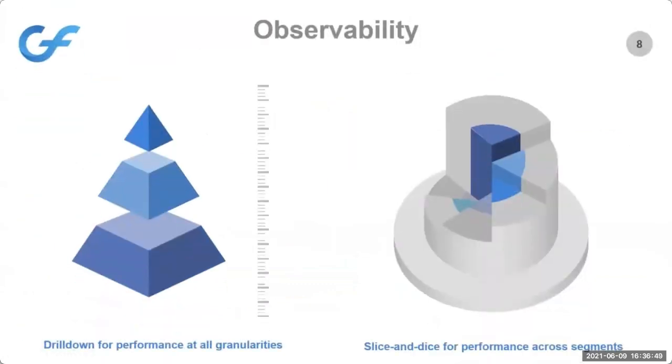And then the next pillar, closely related to the previous one, is observability. And this has to do with how well analysts are able to understand how the current rules are performing, and in particular, able to effectively and efficiently identify opportunities for improvement there. A couple of approaches that we've found really powerful here